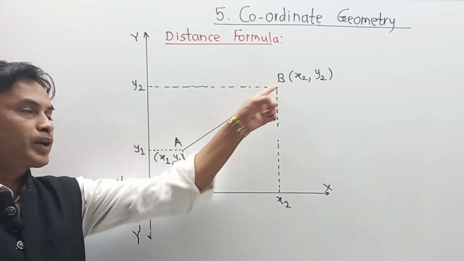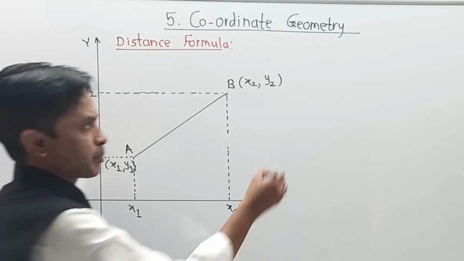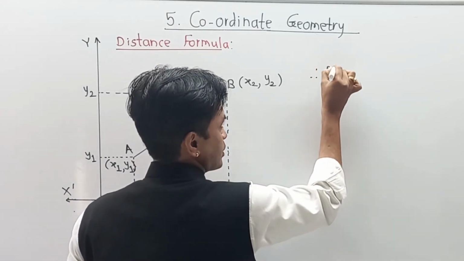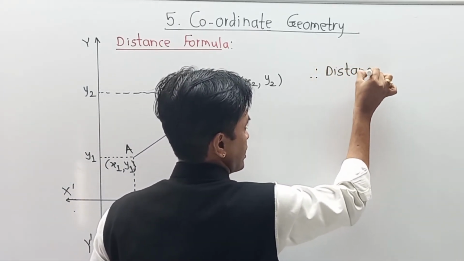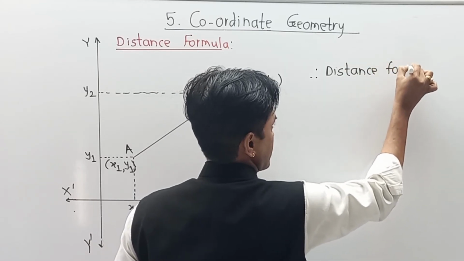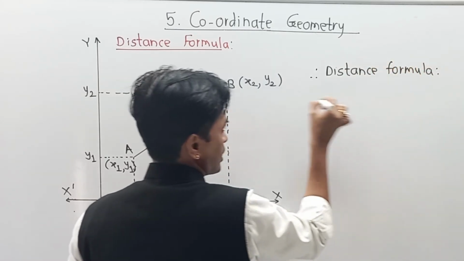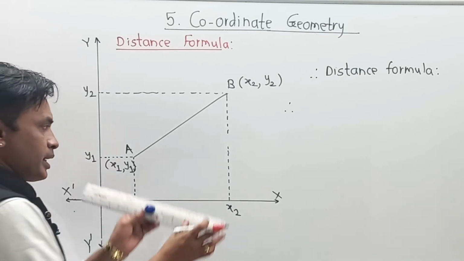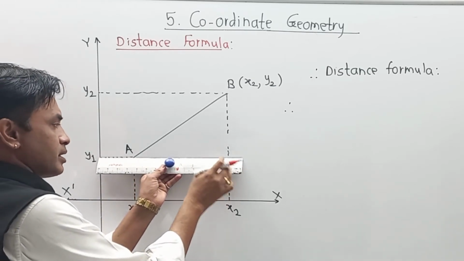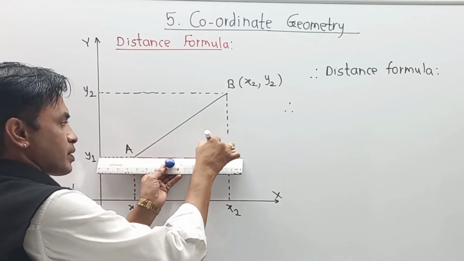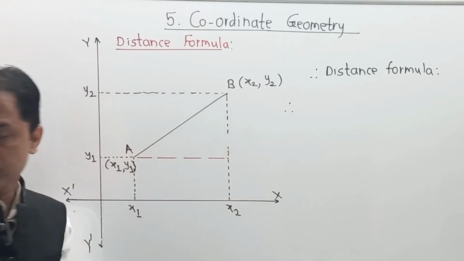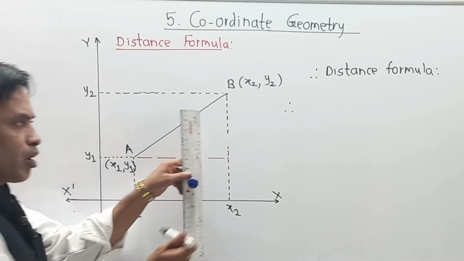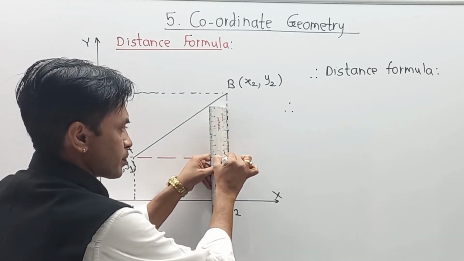No doubt, we want to find the distance between them, so we are going for the application of the distance formula. Now how does this come? Our target is to find the distance between points A and B. Now there is an additional construction to take into consideration. Here we are going to extend this line, and we are going to take a common joining point of these two lines.